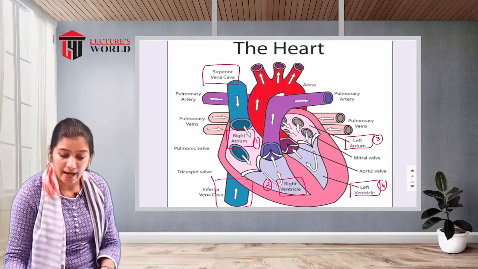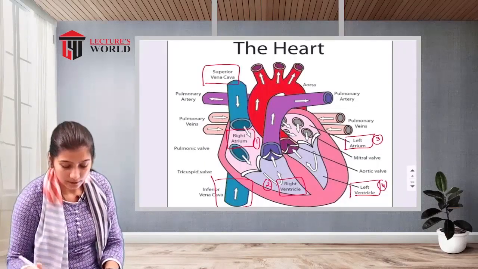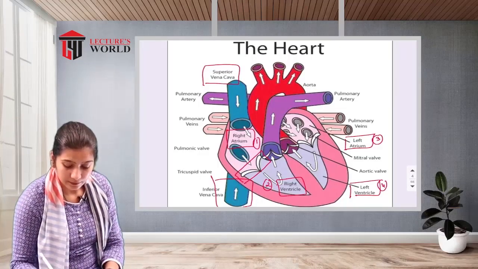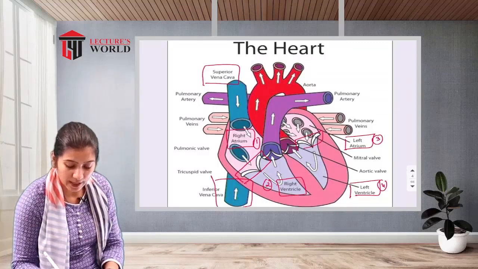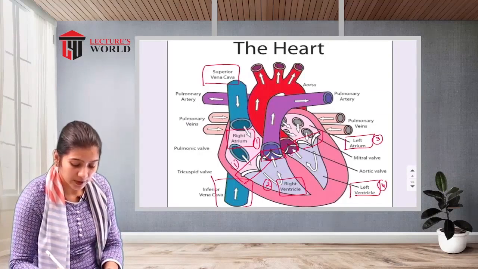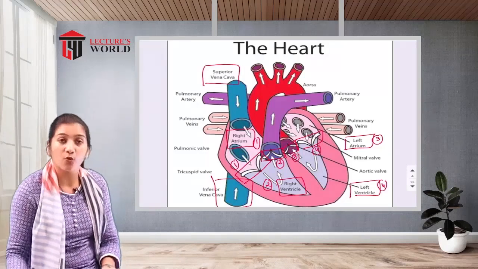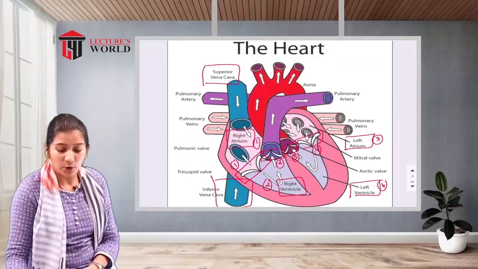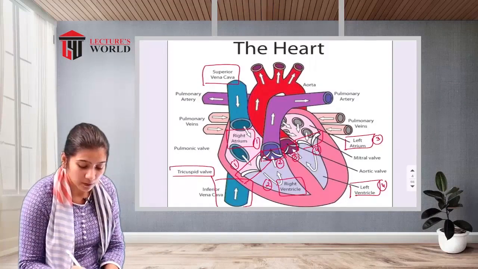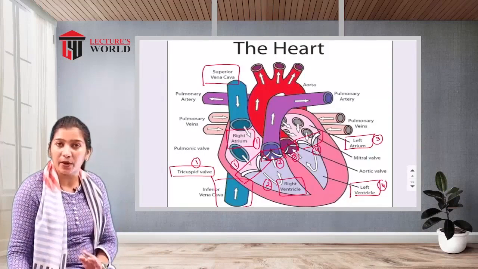So between the right atrium and right ventricle, there will be the mitral valve. So you can see the valve over here. There are 4 valves present in the heart. So this is the first one, this is the second, the third one and at last the fourth one. So 4 chambers and 4 valves. Between the right atrium and right ventricle there will be the tricuspid valve. This is the first valve, which is present between the right atrium and right ventricle.